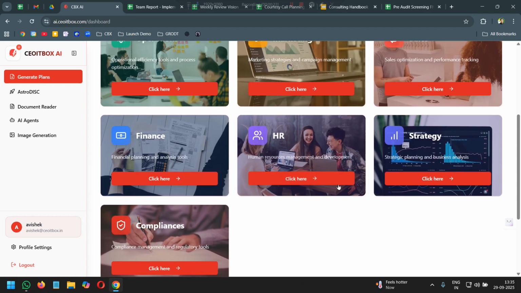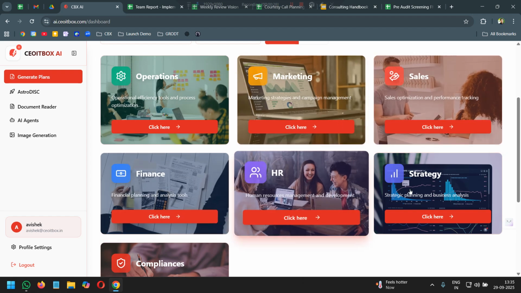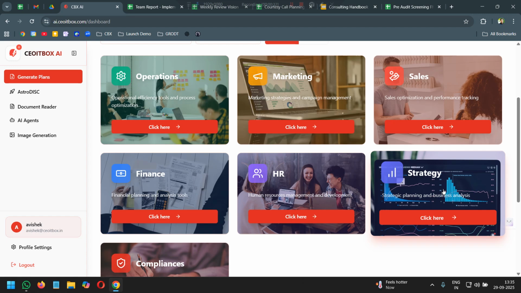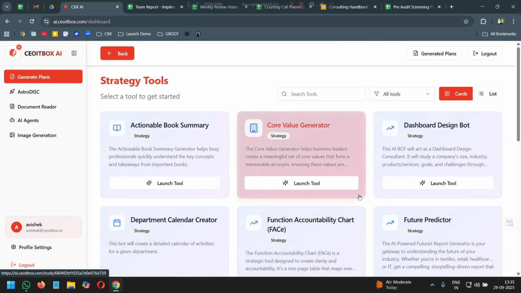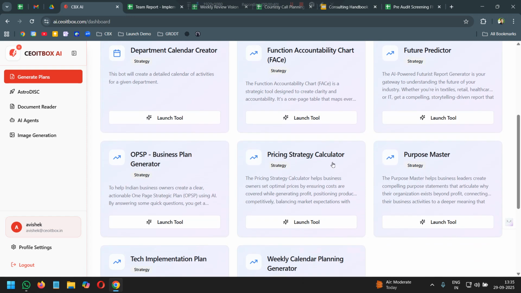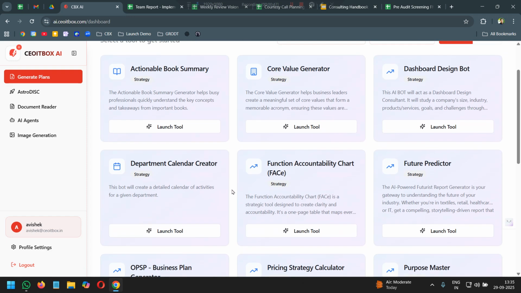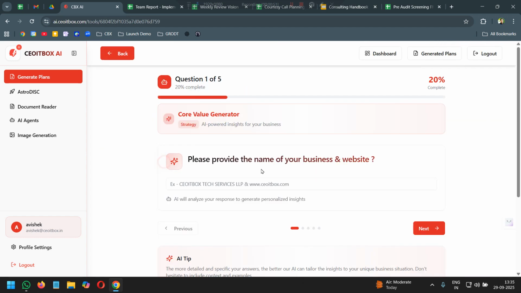seven major blocks to choose from: operations, marketing, sales, finance, HR, strategy, and compliance. For the strategy bit, the reason why I'm making this particular video is to basically generate your core values, and of course the one page business plan. It's fairly simple. All you need to do is simply click on the launch tool and start using the tool,